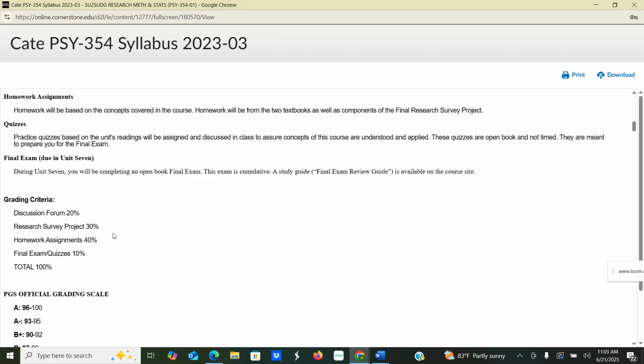Here is your grading criteria for this class. Your discussion forum posts, your initial prompt is due by the 4th day of each week, and your 2 replies to peers are due before midnight on the last day of the week for each unit and week. And you've got a discussion board forum, at least 1 each week. Please keep up with those. It'd be a shame to miss points due to being late.